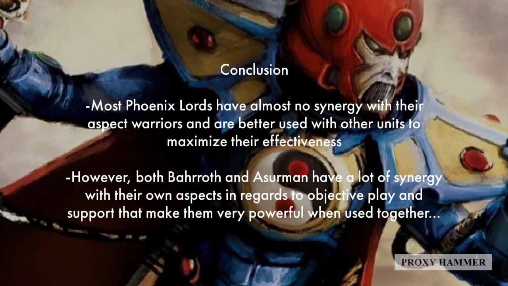Now, I'm not saying all the other aspects are terrible. A few are, I'll be honest, but they just don't synergize that well with their aspects. So Jane Czar and Kahandras, while very good and very good with other units, they're just not good with their own aspect warriors because they make them a little bit redundant and they don't provide them with any real abilities. Having objective secured on combat units isn't that great